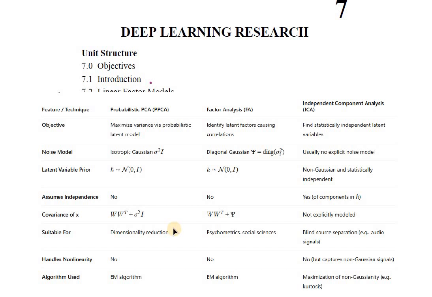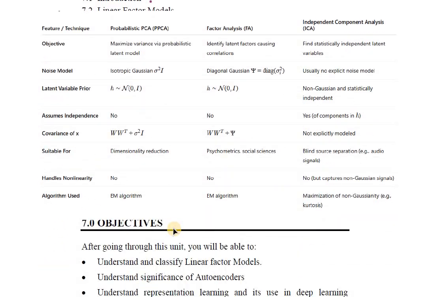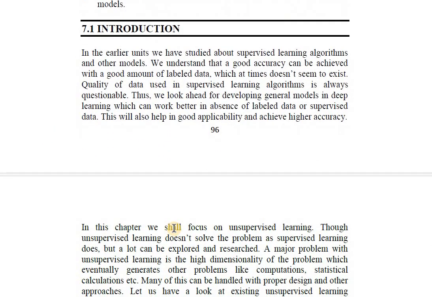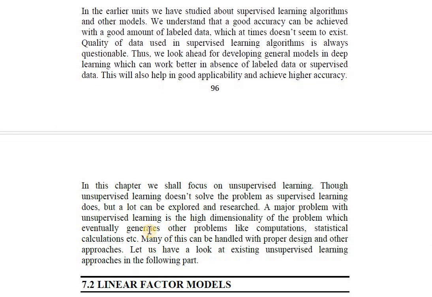We are starting with the 7th chapter now, which is deep learning research. Till now we have seen what is supervised learning and how we have studied different supervised learning algorithms also. But you have to understand that if you need good accuracy in supervised learning algorithms, you need to have a good amount of label data. Every time in real world situations, it is not possible that you get that good amount of label data. So many times when the label data is not available, supervised learning cannot be performed because